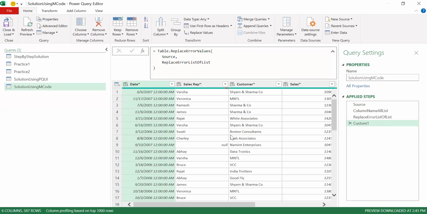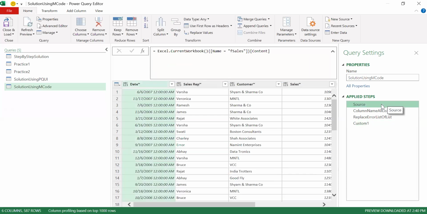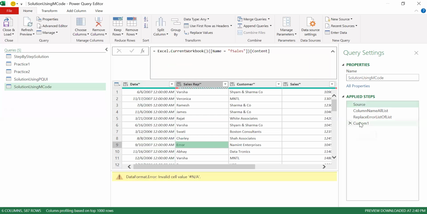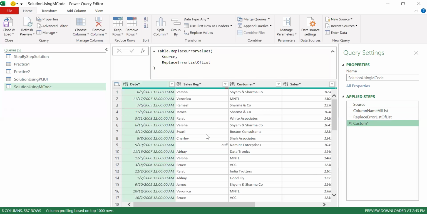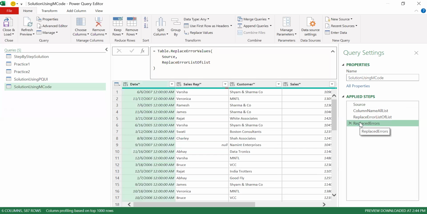And now what table am I getting here? If you see in row number 9 in the source table, we were having an error. Now if you see the interim table, the errors got replaced with the null values. So I can rename this step as replaced errors. Now the next